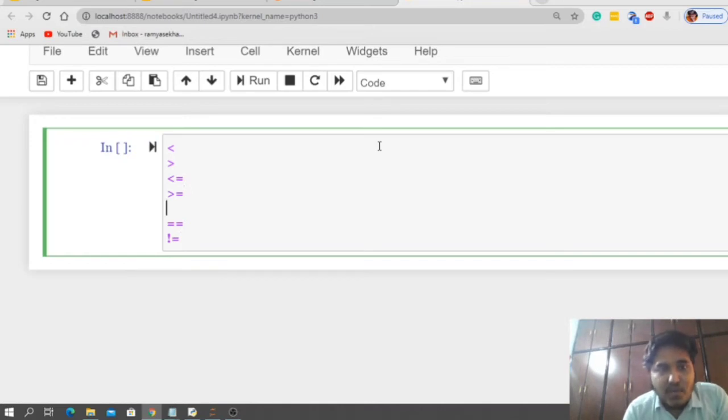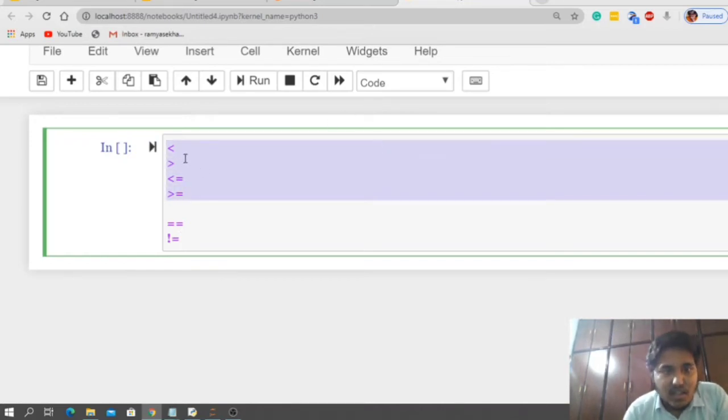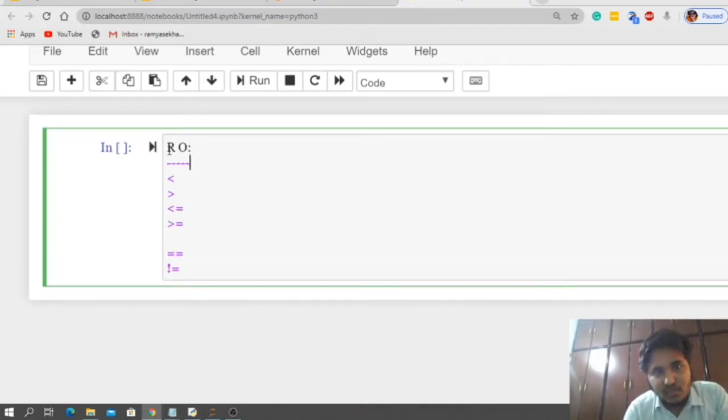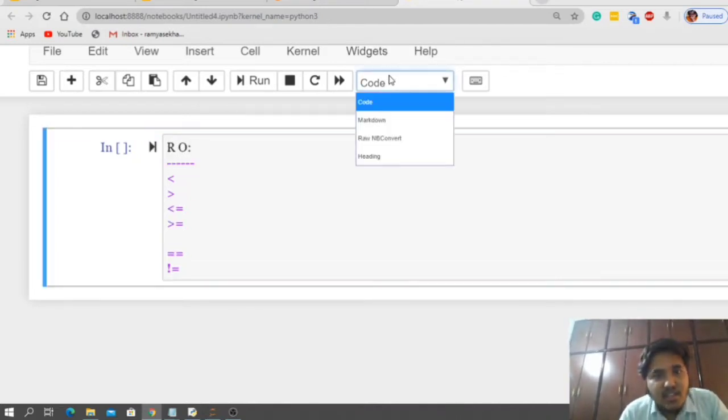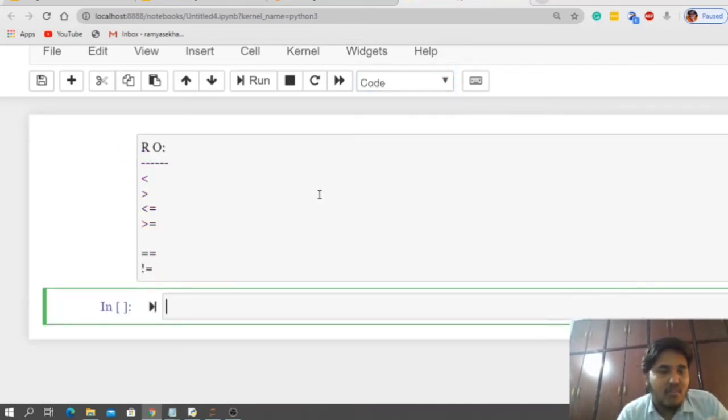First, we will discuss these four operators now. These are called relational operators. Is this clear guys? These relational operators can be applied on int data, string data, as well as boolean data.